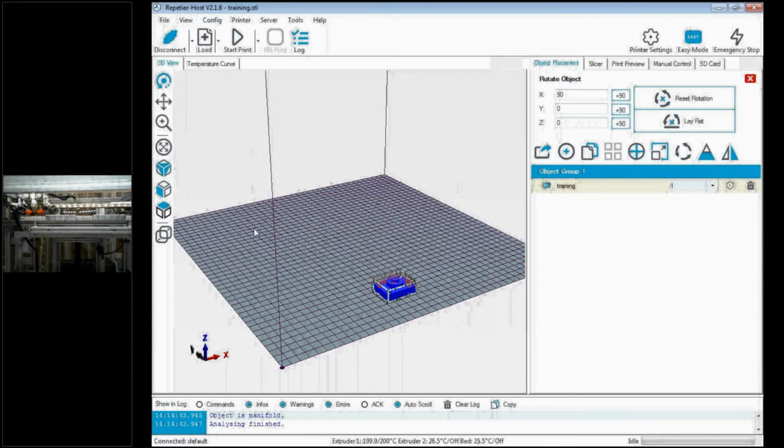So it is not necessary that only one part can be printed at a time. We can print n number of parts at the same time, but the total size of the table is 400 cross 400 mm. So you can have n number, but it's restricted to the total size of 400 cross 400 mm. So within that, you can have n number of parts to be printed.